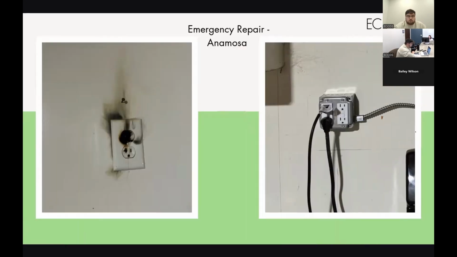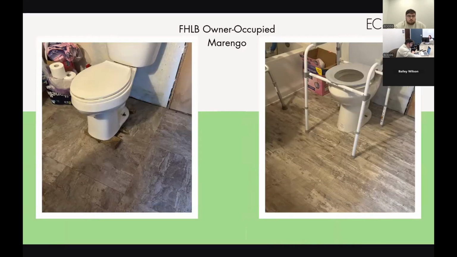This is another emergency repair. I believe they lost an appliance in this. As you can tell, they're lucky that's all that they lost. And this is an example of when your circumstances might change. I'm not exactly sure what happened here, but this person needed an ADA toilet, a higher toilet, and you can see their best option was to put a 2x4 into the toilet, and I hope bolt it down. Not the best circumstances there, so we were able to install an ADA toilet with the needed grab bars there